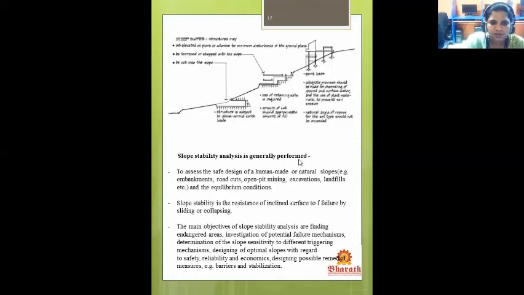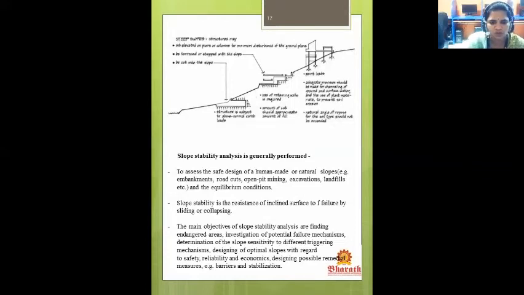Slope stability analysis is generally performed to assess the safe design of human-made or natural slopes, embankments, road cuts, open pit mining, excavations, landfills, and equilibrium conditions. Slope stability is the resistance of an inclined surface to failure by sliding or collapsing.